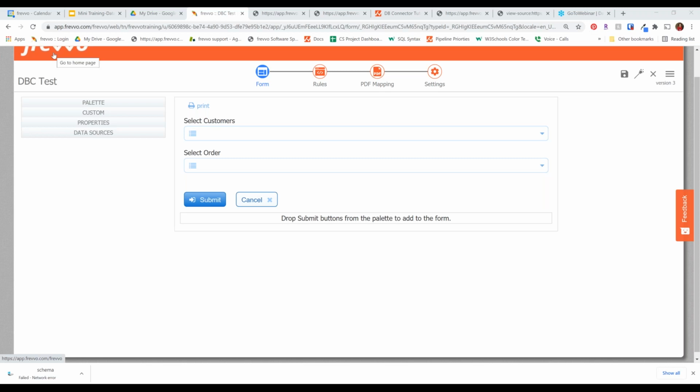Once you have that schema, and if you don't have the schema saved on your computer, don't worry about it. It's already been uploaded to the project for you, so there is a version of this already there. So it's not super important that you download it and save it on your own for the purposes of today. But you're going to actually save and close your form,